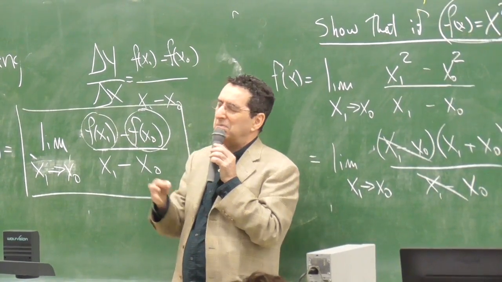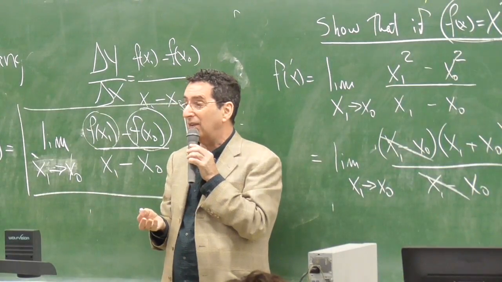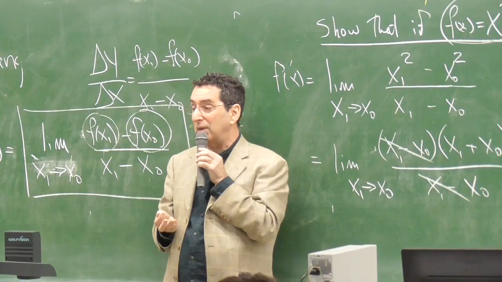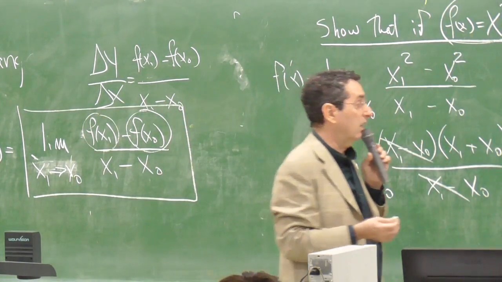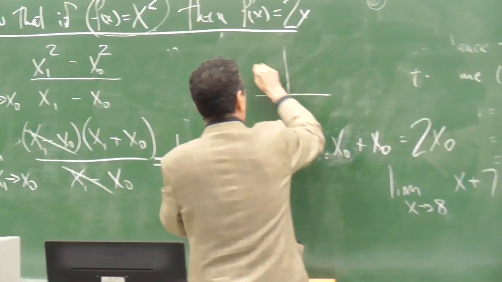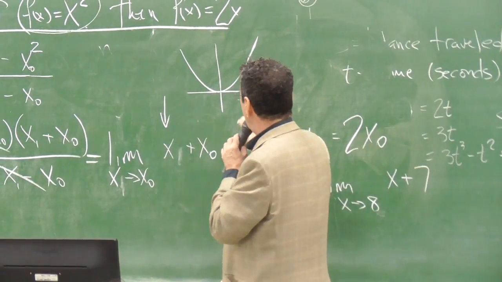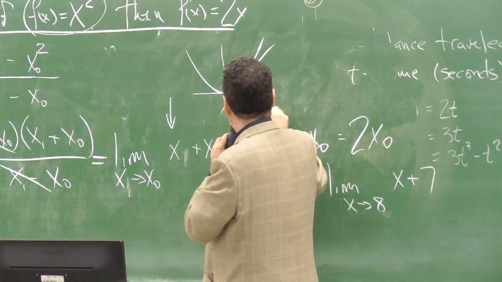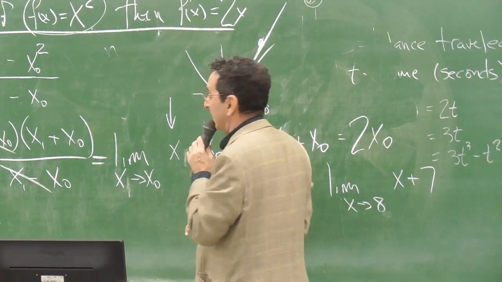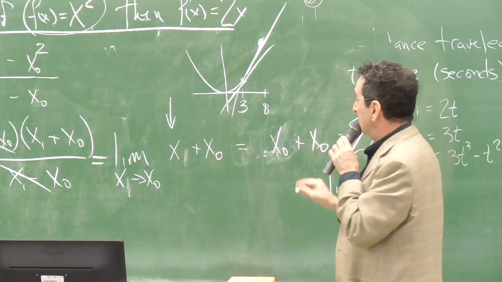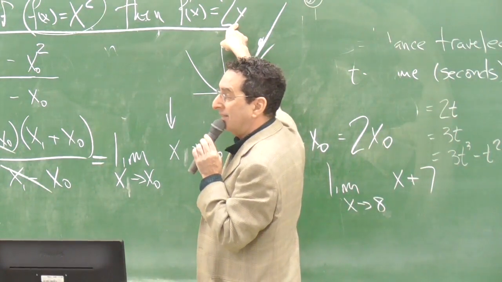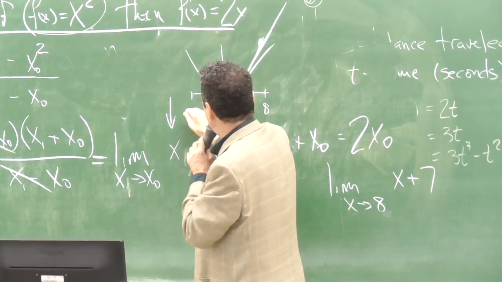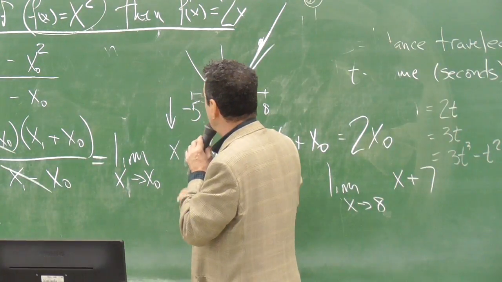But it's not just that the derivative is 2x. The derivative tells you the slope. So now we know the slope everywhere for a parabola. If I want to know the slope at 3, I know it's 6. But if I want to know the slope at 8, I know it is what? When x equals 8, the slope is 16. And if I want to know the slope at -5, before you